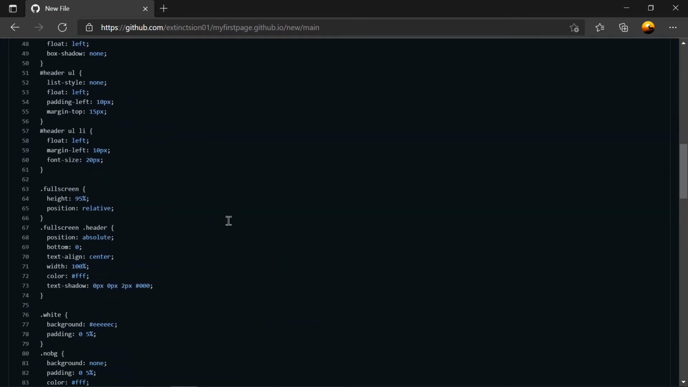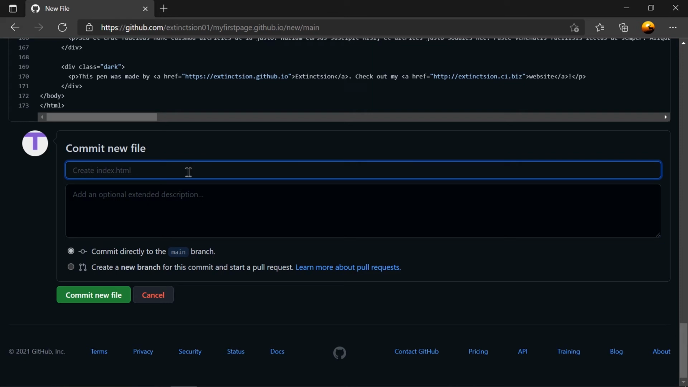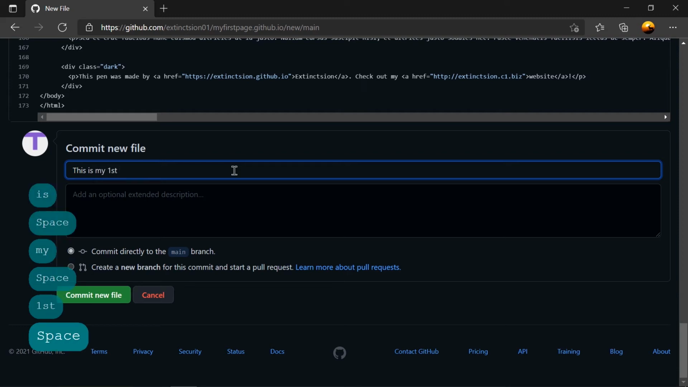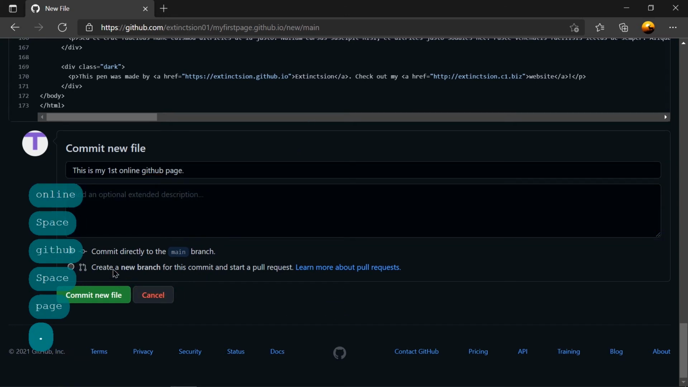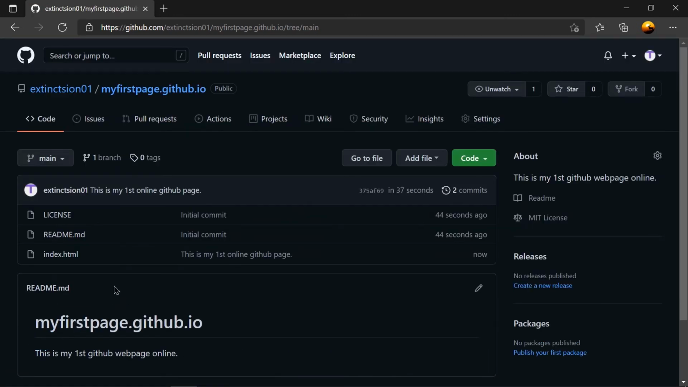After saving as index.html, I'll just commit. In the commit section we can write anything, so I'm just writing casually: this is my first online GitHub web page. I'll keep this as empty. Now we have to select commit directly to the main branch. Yeah, this is very important. Now we have to do commit new file. Once done,